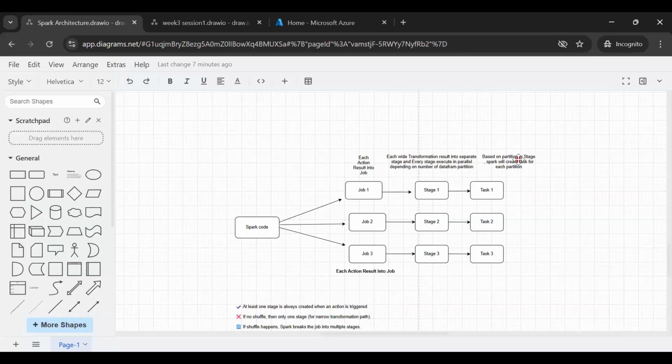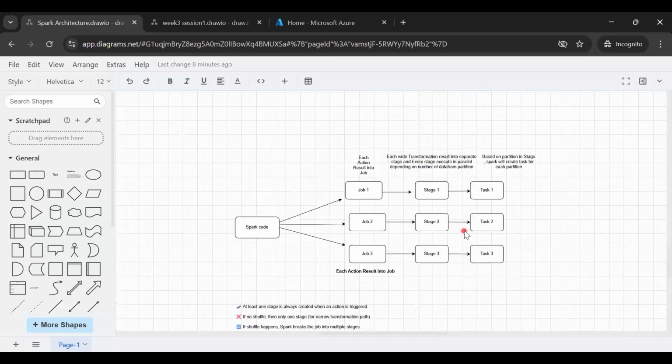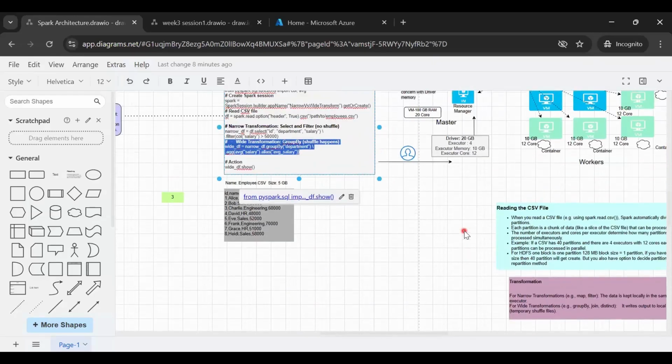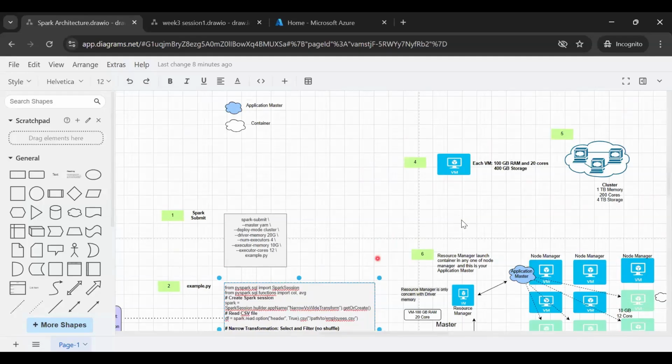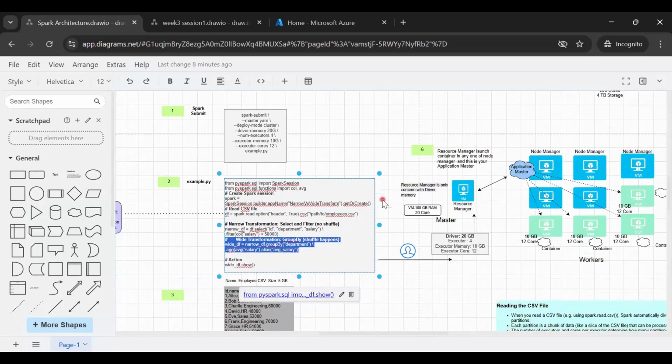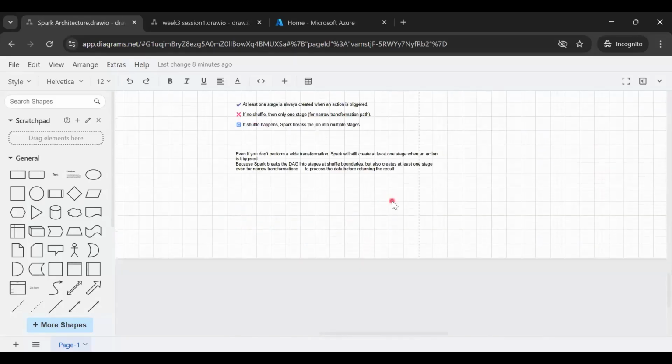The job, stages, and task, right? This is what we covered, guys. Any question before I move on? Okay, I will take that as no question, but just ping me or unmute yourself if you have any question. Okay. Now, guys, when you are submitting your Spark job,